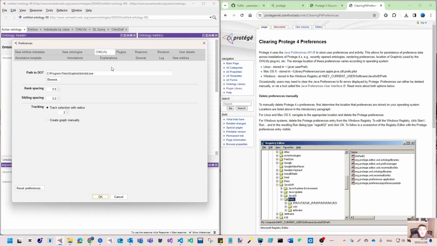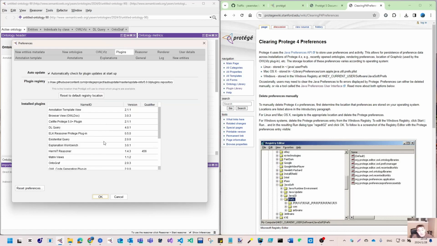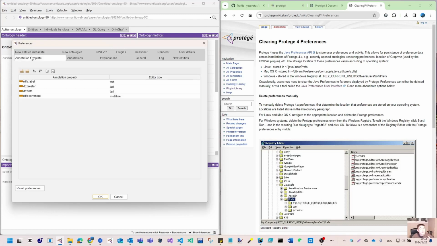So you just need to know now that preference has many tabs, and they have the plugin tab, for example, to list down all the plugins. And if you install some specific plugin, it may possibly add an additional tab. But after all, all of your configurations in preference can be analyzed or can be viewed